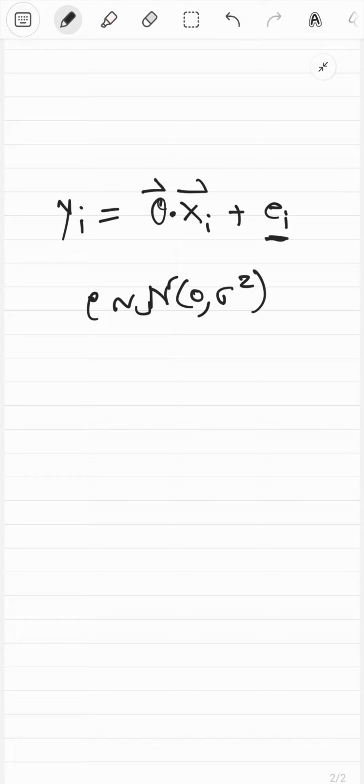If that happens, then we want to find the best theta such that, firstly, we figure out what the probability of